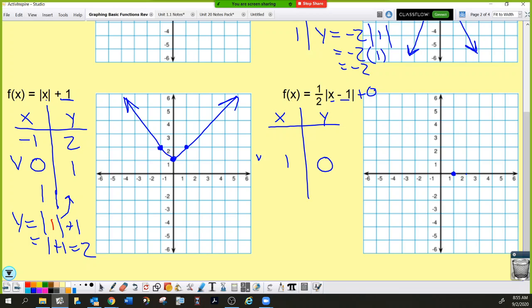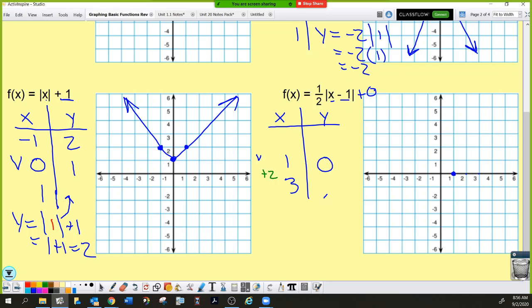So just educated guesses. How far to the right do you think I should move? 2. Yeah. If you move to the right 2, which puts you at x equals 3, you won't get a decimal. So how did I know to go plus 2? It's the number on the bottom of the fraction. The number on the bottom of the fraction tells you how far to move to avoid plotting a decimal. So if that was a 1/3, I would have gone to the right 3 points. So we have to plug in x equals 3, and we won't get a decimal